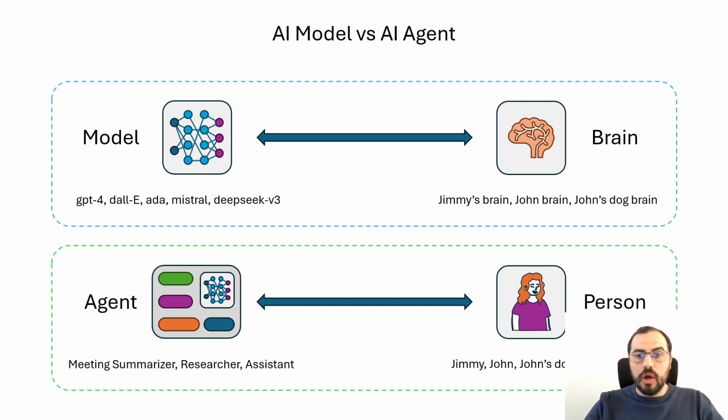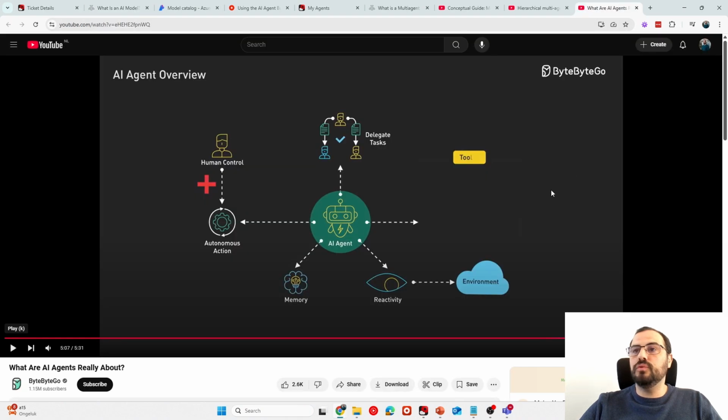He can go on the internet, so he can navigate to a lot of places. For example, if you search on the internet, there are a lot of videos about it. I do like this one. I'm going to put it so you can see here that, for example, an agent here has the capability to react upon an environment. So it has sensors. He can delegate tasks. Yeah, this is optional, depending on the goal we want to give. He can have some autonomy depending on how we define him. He can have memory, and he can also